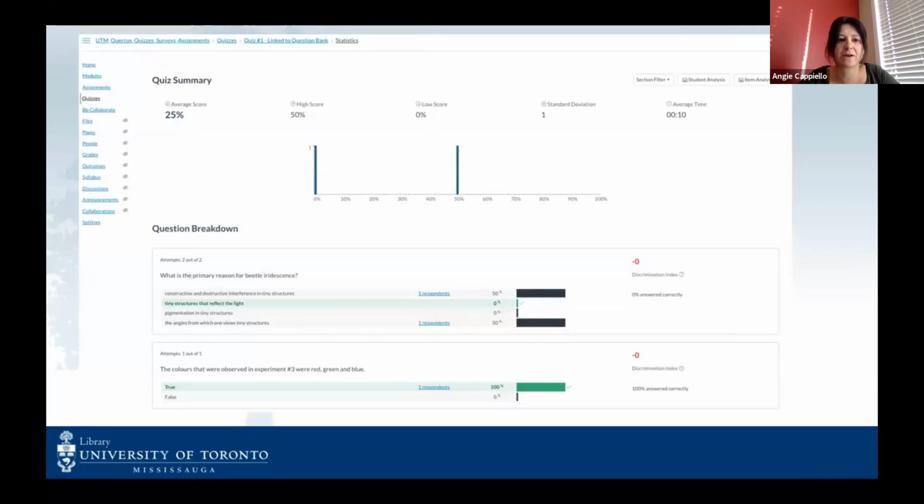Okay, this is just a quick look at quiz summary. Basically, these are some of the reports that you can access. This is just letting you know some of the standard deviation, median, average score information, and actually gives you a breakdown per question